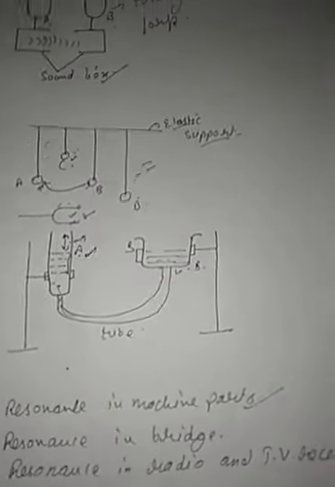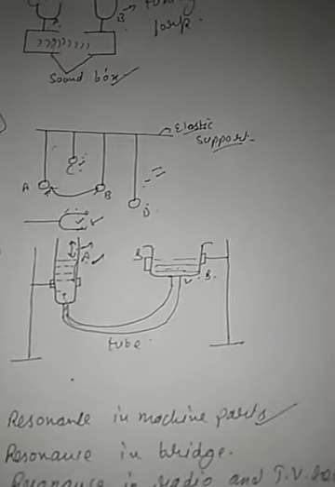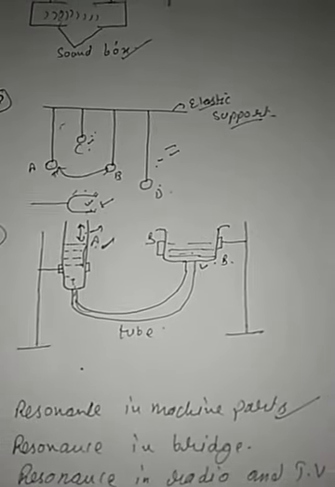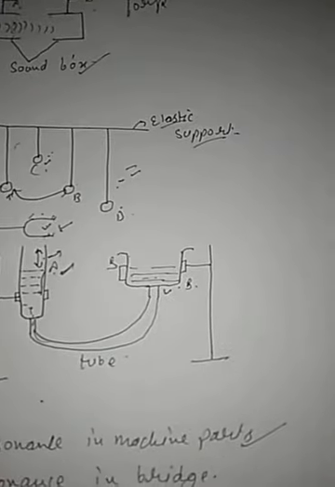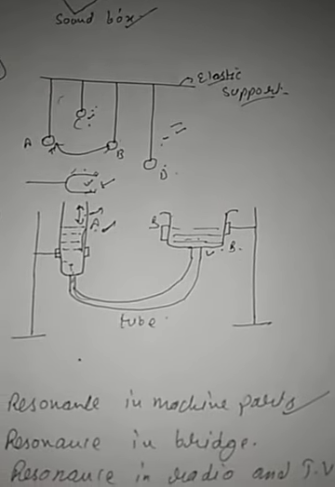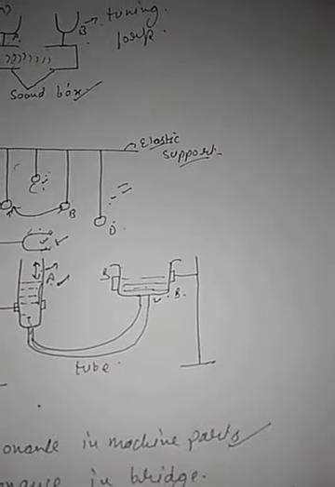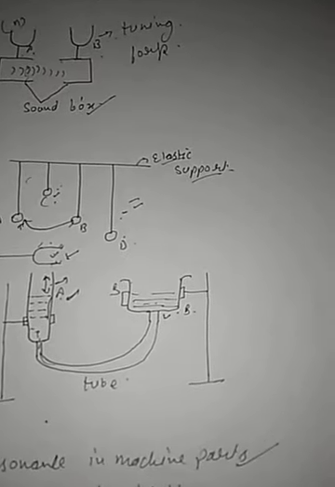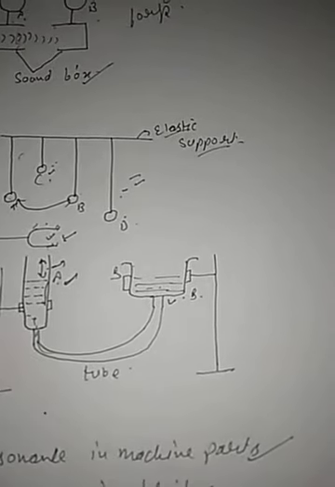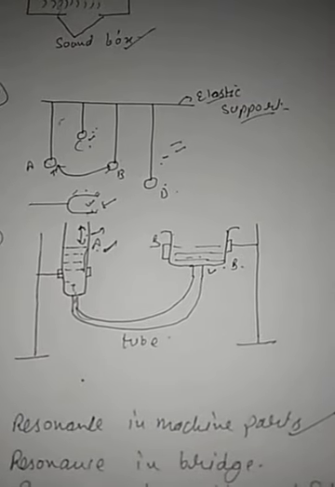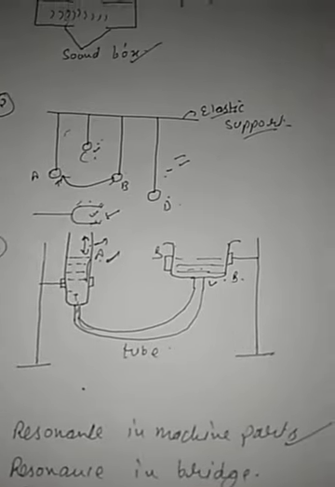Generally, when a vehicle is driven, the piston of the engine makes a to and fro motion inside the engine. That motion has a frequency, and that frequency is communicated to the rest of the parts of the vehicle. Now it is possible that at a certain speed some parts of the vehicle have a natural frequency equal to the frequency of the to and fro motion of the piston.